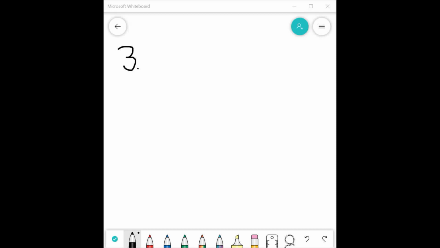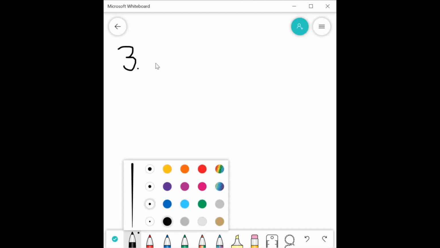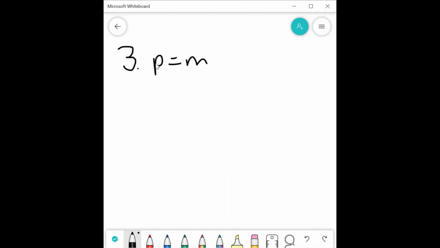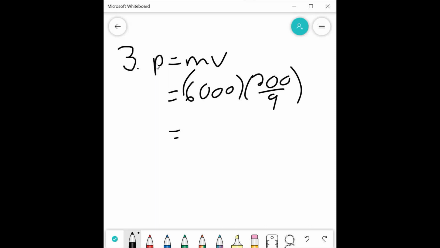So for the first one, we write a formula, and we've got mass of 6,000, however your velocity is not 80, but a quick way of doing this is 80 times 5 divided by 18, which will give you 200 over 9, or 22.22, times that by 6,000, and you get